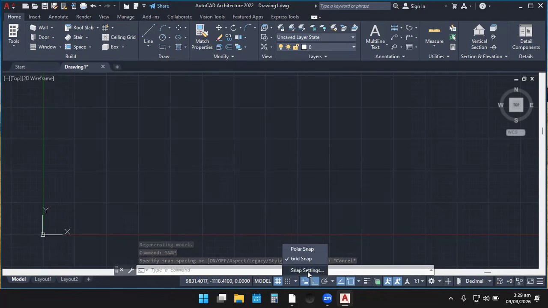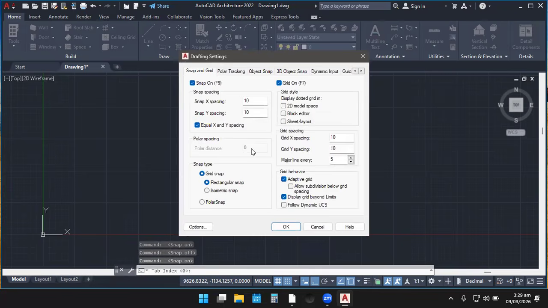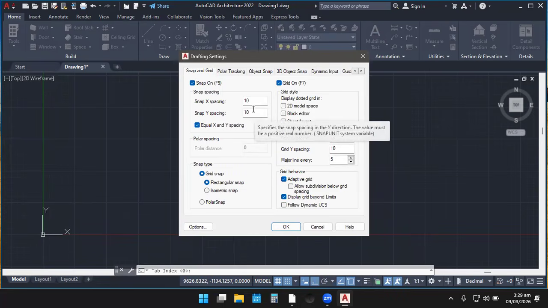So let's come and set that over here. Let's come to the snap setting. Okay, you see it over here. You are going to see that this is the snap mode. You can either choose to put it on, so let's put it on, and let's even go and set it now. Let's go to snap setting. We want to set our snap to 10 units, and grid to 100 units each on X and Y.